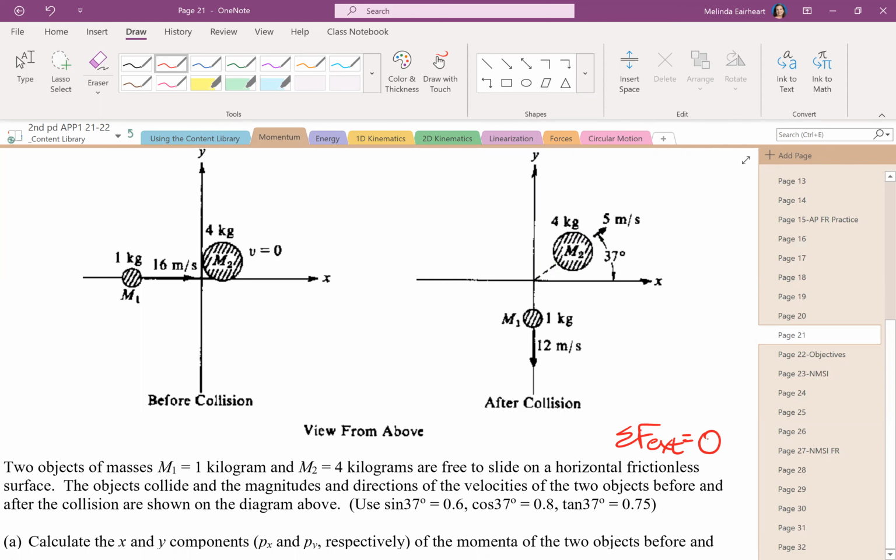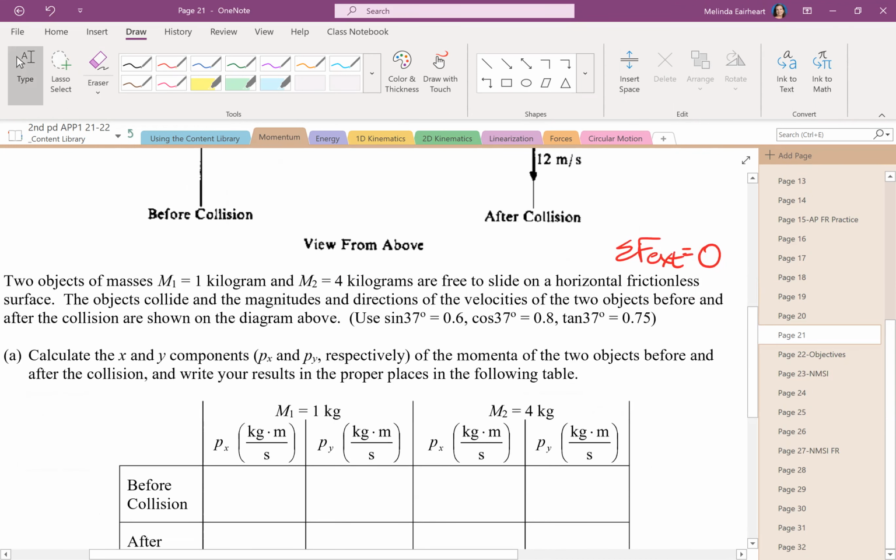And they go on and tell you, and I think this is on the front side of the formula chart or the other side. If you didn't have a scientific or graphing calculator, what is sine, cosine, and tan 37, in case you need it? Calculate the x and y components of the momentum px and py of the momenta, plural of momentum, for the two objects before and after, and write your results